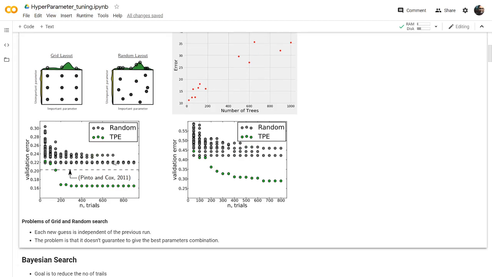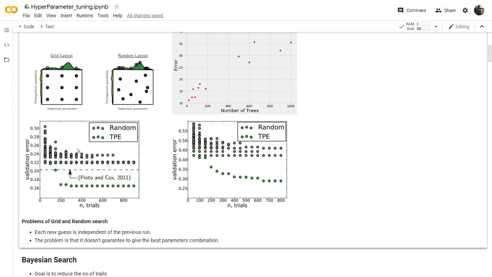If you see this one, I got this from a research paper on TPE. These gray values are random search values, and these green values are Bayesian search values. This is the validation error and this is the number of trials. If you go through the number of trials, you can see how many times the random search has happened.